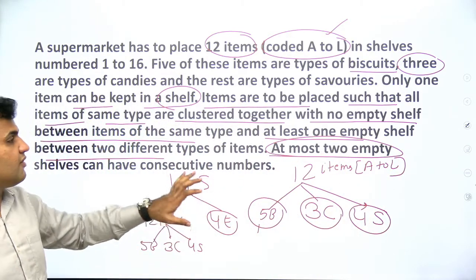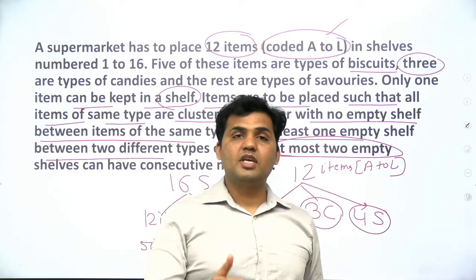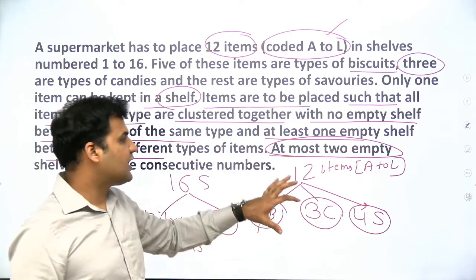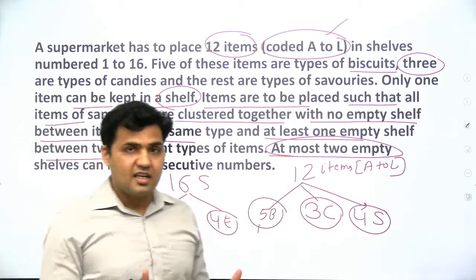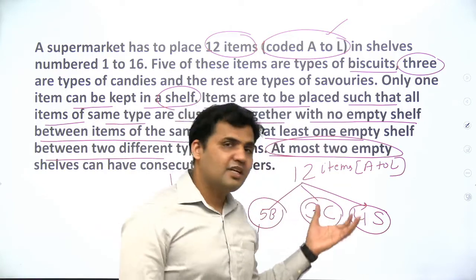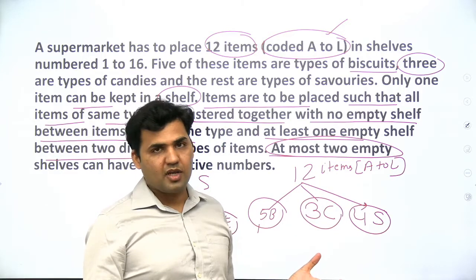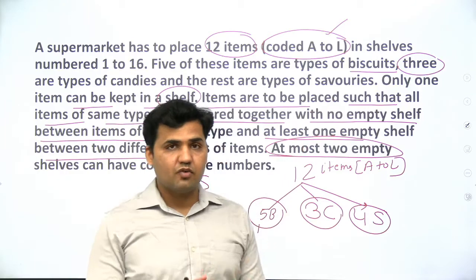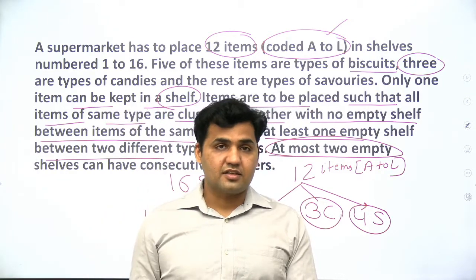So this is the information that you have to take care of while you are doing the arrangement of all of these 12 items, right? This is something that you need to keep in your mind all the time. So it's better that when you're starting an LR set, you start noting down this information, right? If you do not note it down, you might skip 1 or 2 pieces of information, and then you will not be able to make the complete arrangement, right? Every piece of information which is given here plays a very important role while you are arranging things.